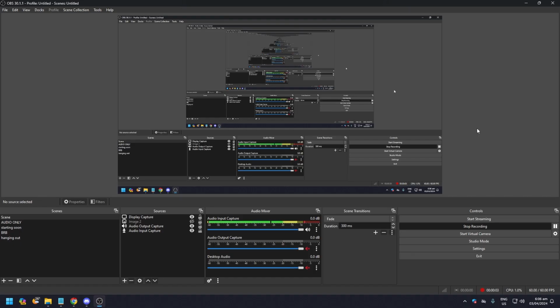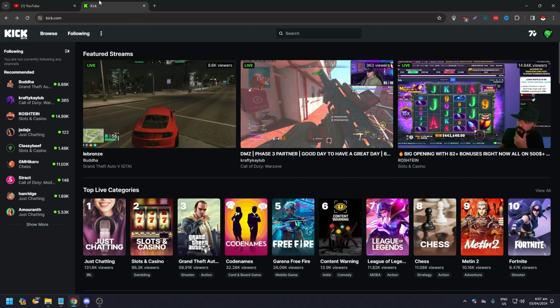In today's video, we are going to show you how to add Kick chat here on OBS Studio. Now, in a previous video, we showed you how to do it on Streamlabs. Now we are going to do it in OBS Studio, so it's going to have a similar approach. We would want to have another thing outside of OBS Studio, which is go to your browser and go to